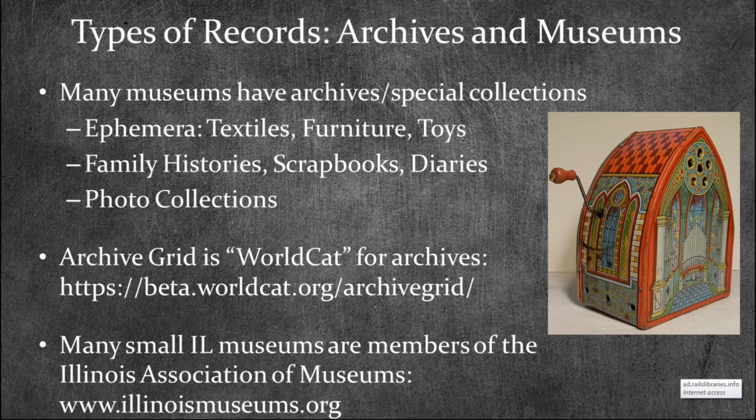So what you need to do and what you need to recommend to your patrons is that when they're preparing to go to an archive or to a museum, they need to have more than just, I'm looking for the Smith family. They need to know what types of records they're looking for. They need to know the locations. They need to know what their denomination was. Were they Baptist? Were they Methodist? Did they go to school? Did they work as an apprentice for a blacksmith? Because that's how the records are going to be located.